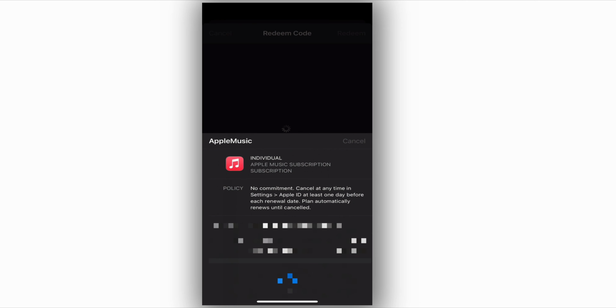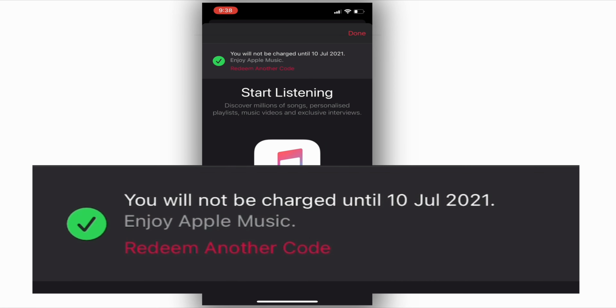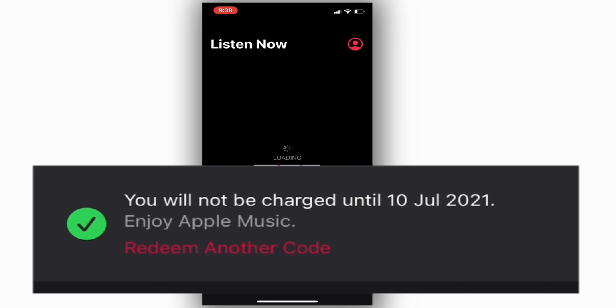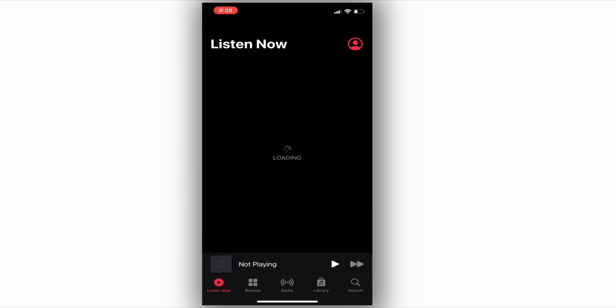You'll have to obviously confirm your login details, and you can see here 5 month subscription. Starting month is April and the ending month is July. There you can see you will not be charged until 10th July 2021, that is 5 months from now. Continue to Apple Music,